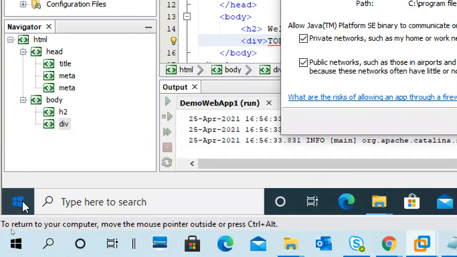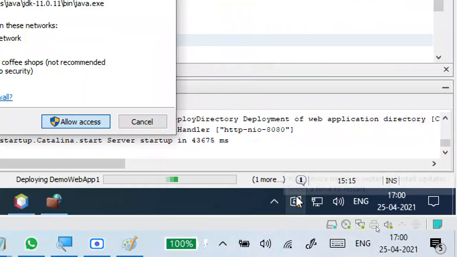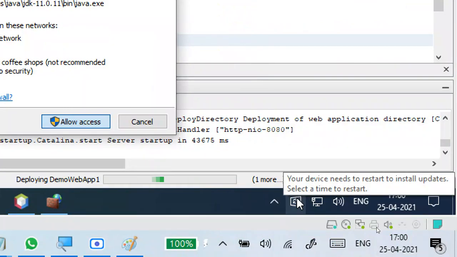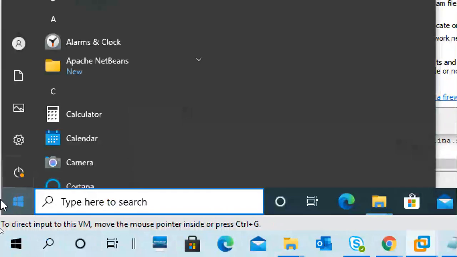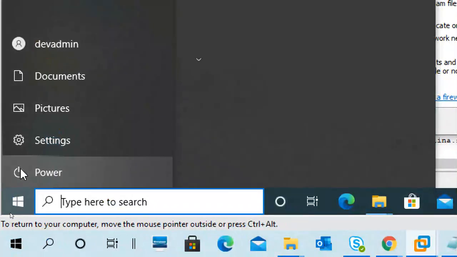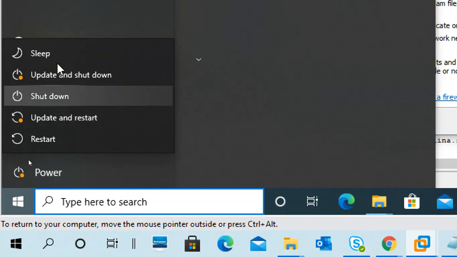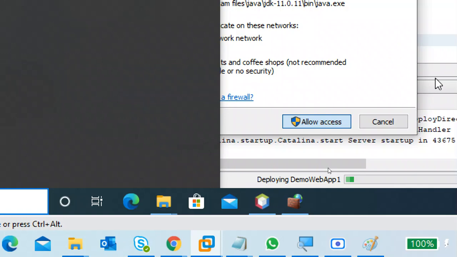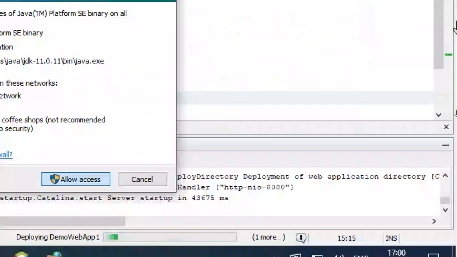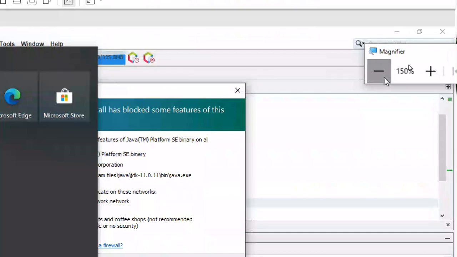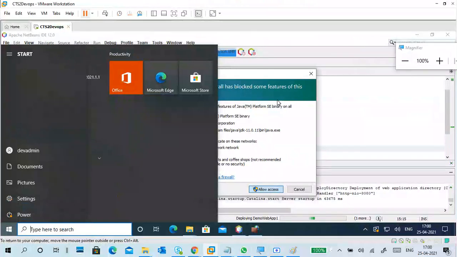If you go here also, you can see update and security. There you can find what updates are pending, and you can also see the power options: update and restart, update and shutdown. So when you get this, whatever you do, once your data is safe or some working process is completed, let it complete, wait for some time.